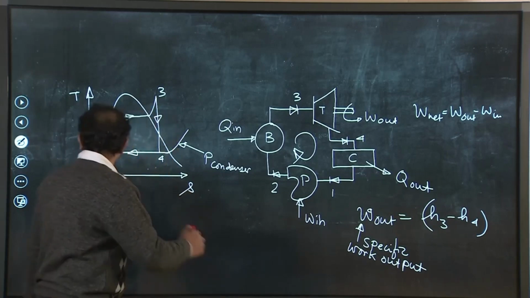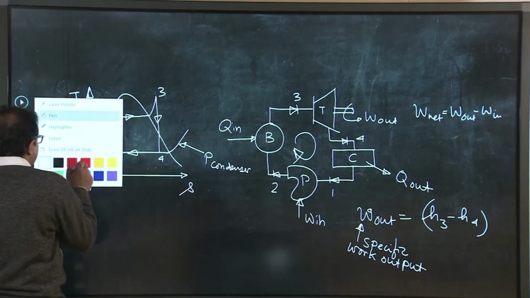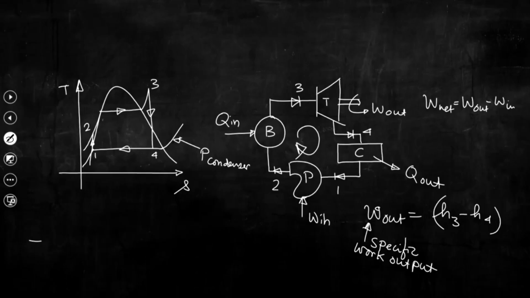Now, if we consider the liquid temperature, that means the temperature of the liquid at the inlet of the pump, it should be 25 or 30 degrees Celsius, and at 25 or 30 degrees Celsius, the saturation pressure is way less than the atmospheric pressure. And so, this is when P atmospheric, we know that is